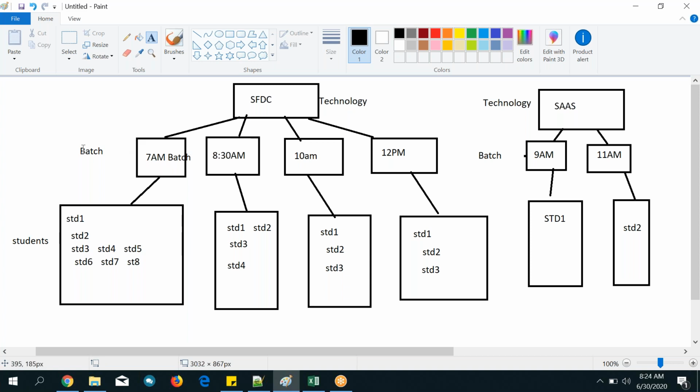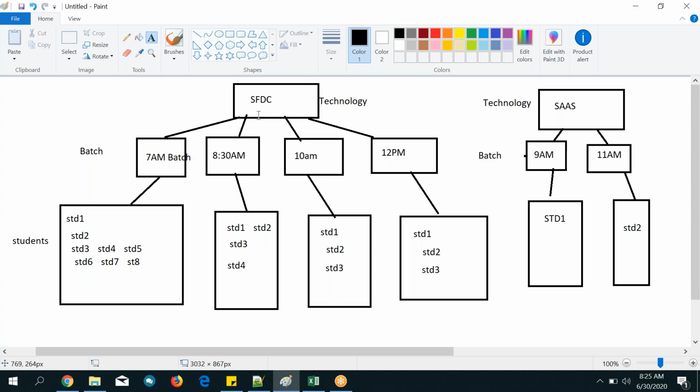We have created a relationship between the batch and technology. Batch is one object, technology is another object, and we have created a custom field of lookup data type on the batch object, related to technology, and added the data over here.